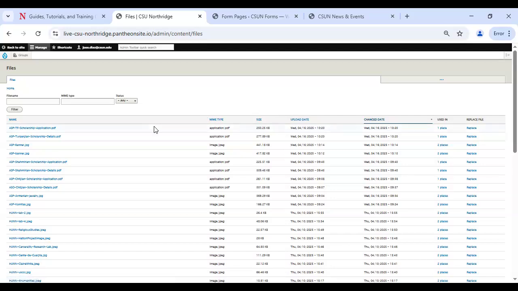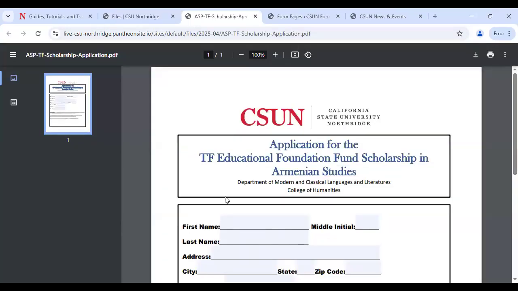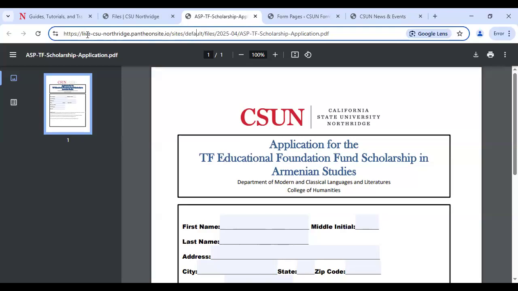But something, a way you could figure out the URL of a file once you upload it, and I'll show you how to upload a file. Once you upload it and click on this link, there's the link to the document. But something to note is this URL. As you can see, the URL starts with this